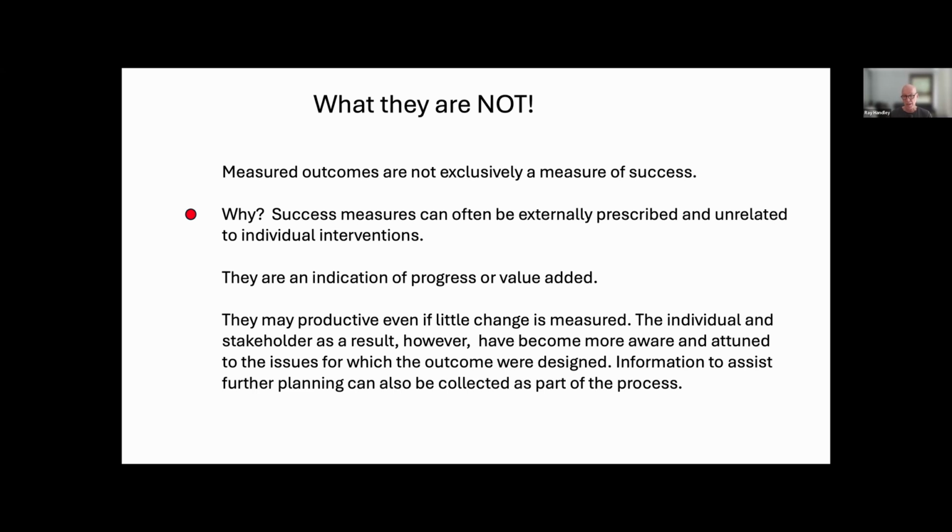I'll give you an example. When I was running the suspension centre, it could have been imposed that a level of success is how students were going back to school, not getting suspended again. That would be a measure of success of the program, but it wouldn't help me with the intervention because what I wanted to know is the details of what was happening when they were going back to school and how the supports we were providing for them were affecting their ability to improve their academic engagement, improve their results, reduce the number of incidents that were happening at school,